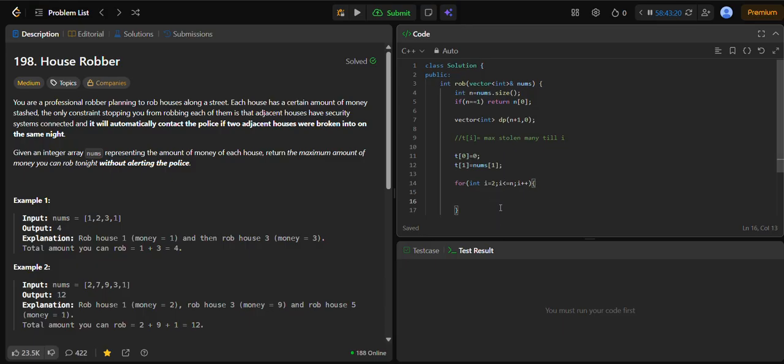So what was our logic here? If int steal means from where we have jumped from, so